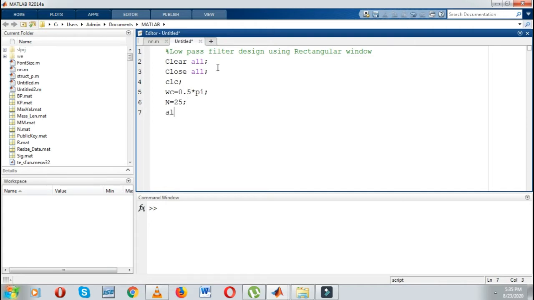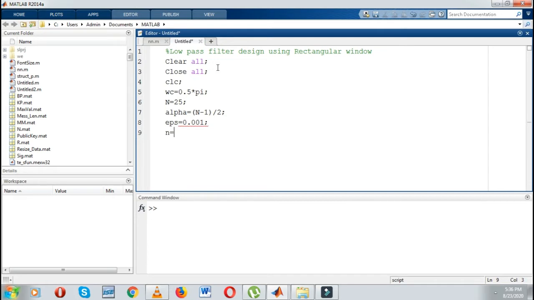Then I have to define alpha as per the design. So the design is n minus 1 divided by 2 is the value of alpha. Then I have to define the value of epsilon, that is 0.001.